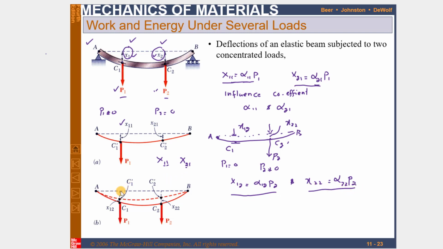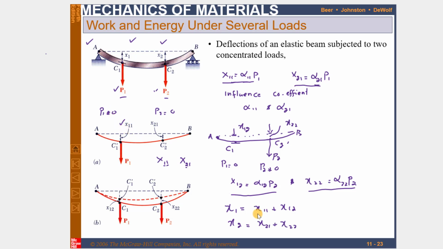Now in this scenario, if you apply both forces P1 and P2 at C1 and C2, then by using the principle of superposition, this x1, which you can see, let me show you, is the total deflection, which is equal to x11 plus x12. How? I will show you. And this x2 is equal to x21 plus x22. Now you can see this x1 is the deflection due to load P1 when P1 is applied,